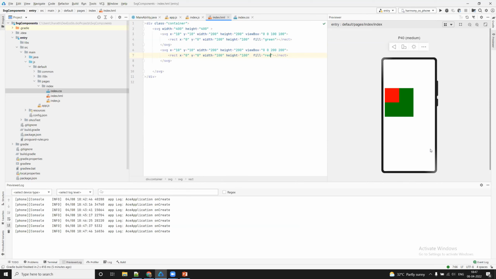So what happened here was for the 100 by 100 viewport, whatever is the size of rectangle that you are defining, now the same size of rectangle you have to put in a viewport of 200 by 200. That means you have squeezed it, with the relative appearance that you are having a viewport of 200 by 200, but still the rectangle is 100 by 100. That means what? Let me take